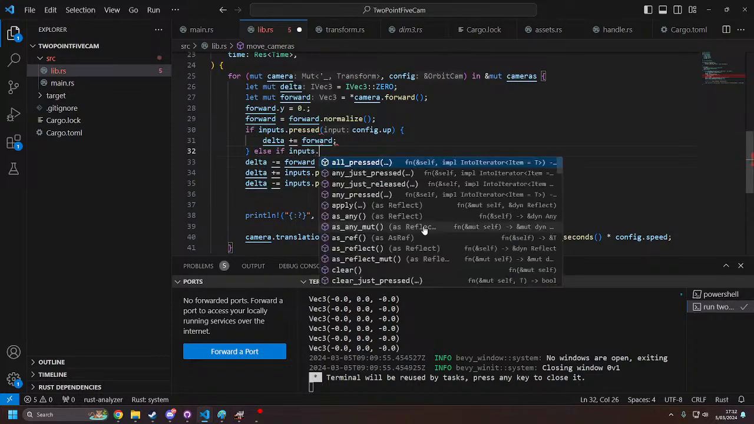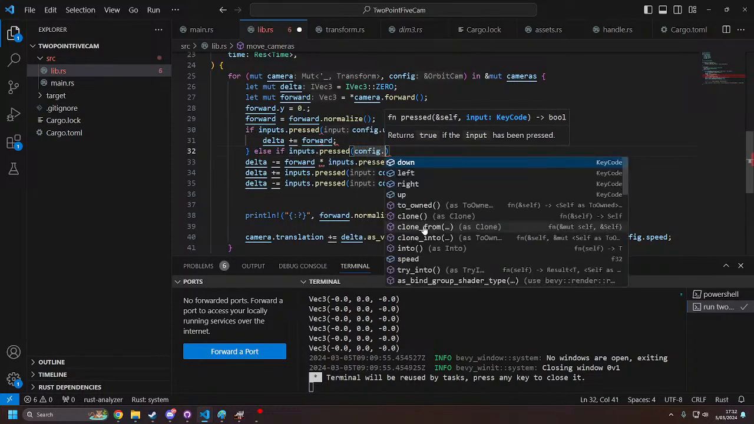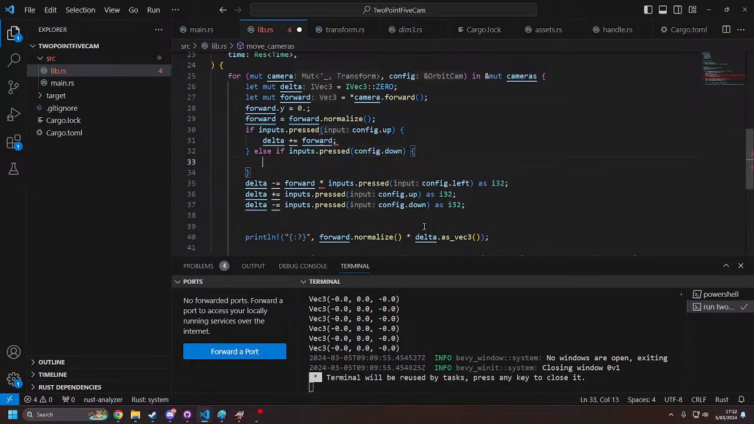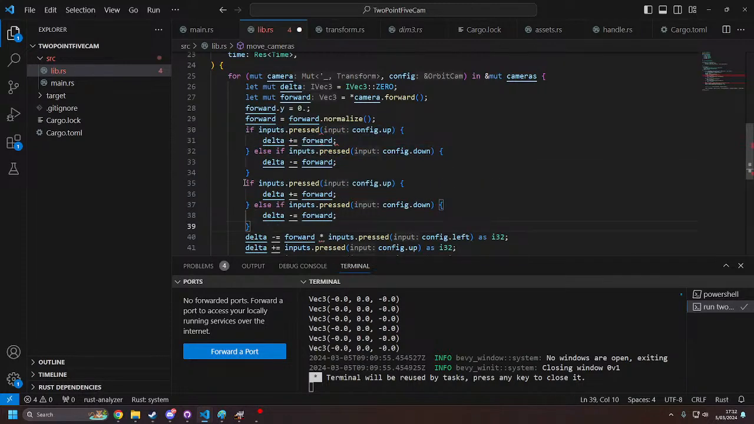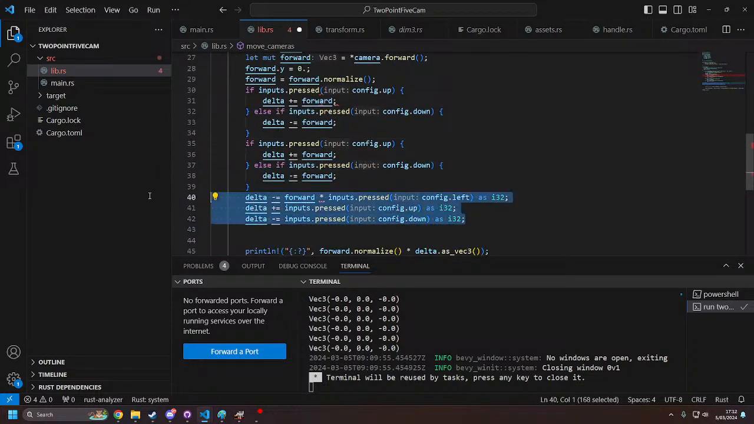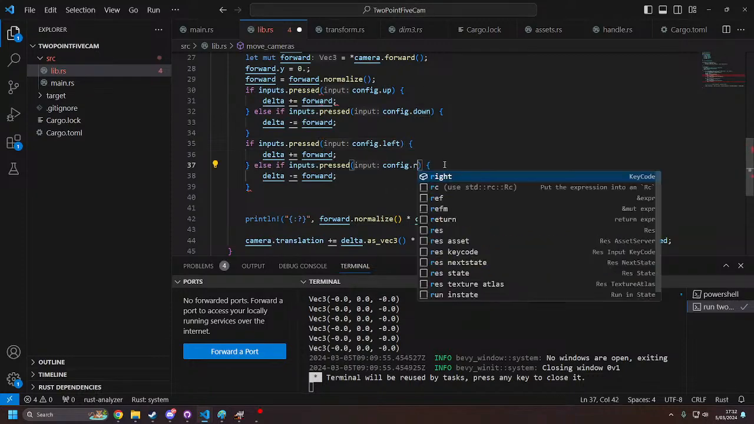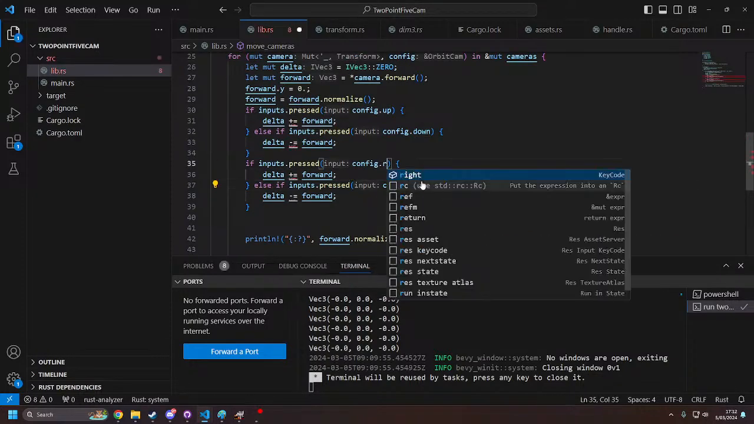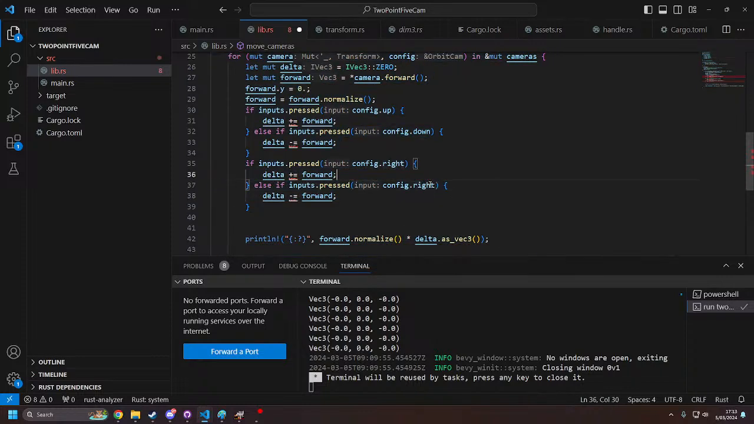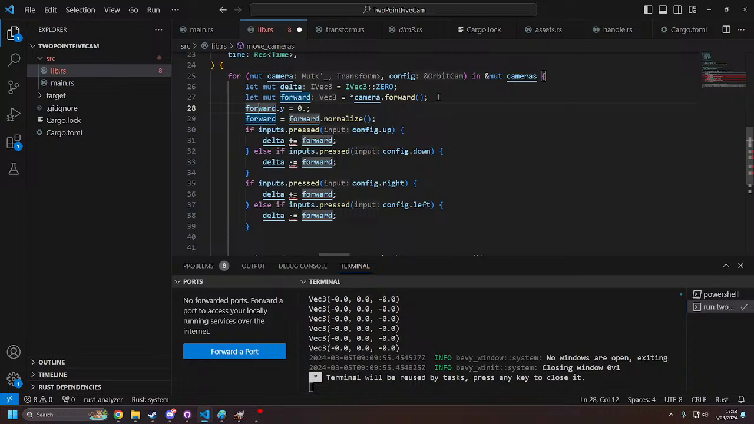If input dot pressed config dot down, delta minus equals forward. And then we need to, let's copy these, paste them here. They get to be independent because left. It's actually probably right and then left, because I think right's the other one you get. And then, so we would just say